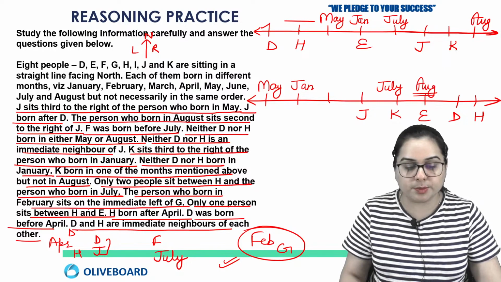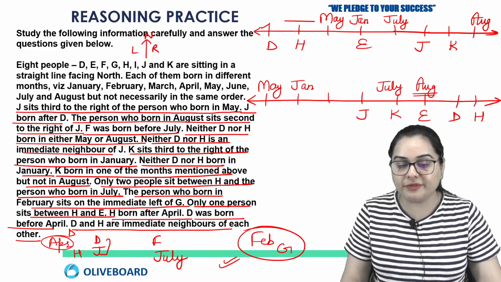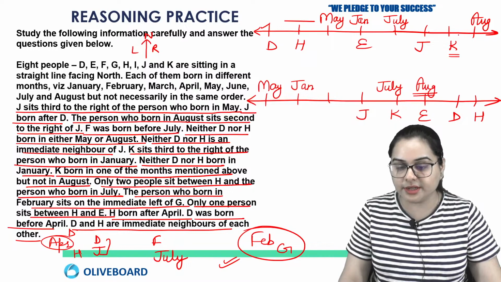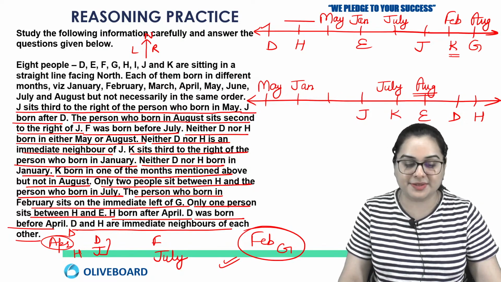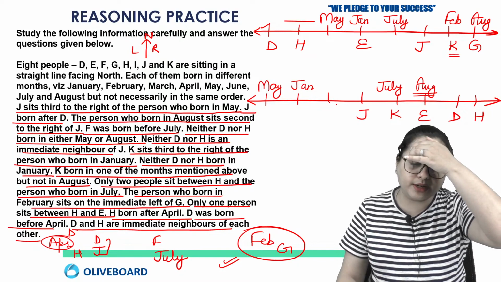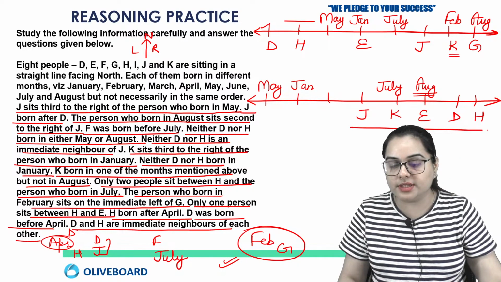Writing Feb on H is not possible because H is after the month of April. So, H cannot be Feb. Okay. So, if I write Feb on the J, on the position of J, I cannot fill G then. And if I write Feb on K, I can fill G on August. Okay. And in the second possibility, if I check, where can I write Feb? So it cannot be filled in any position because all these are occupied.